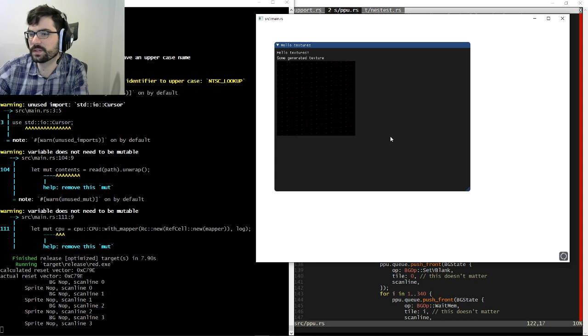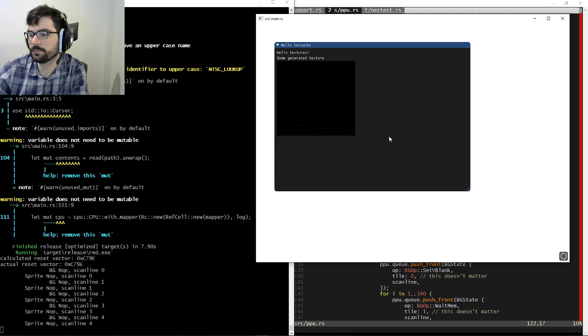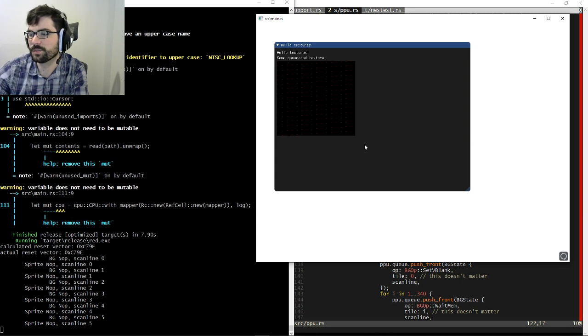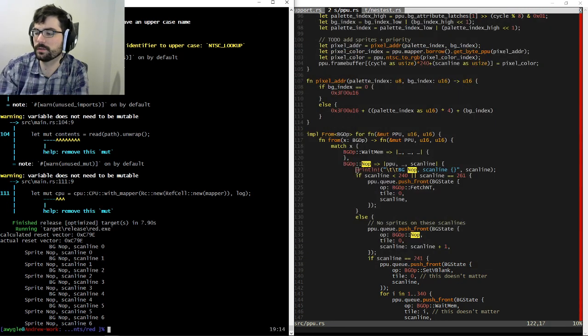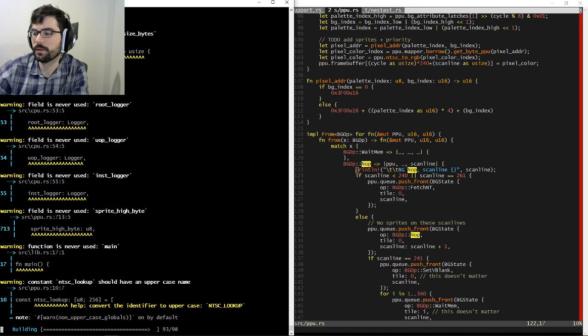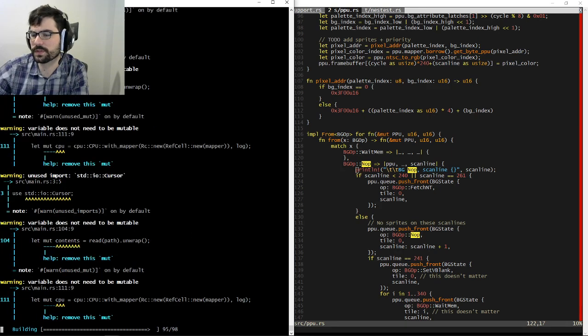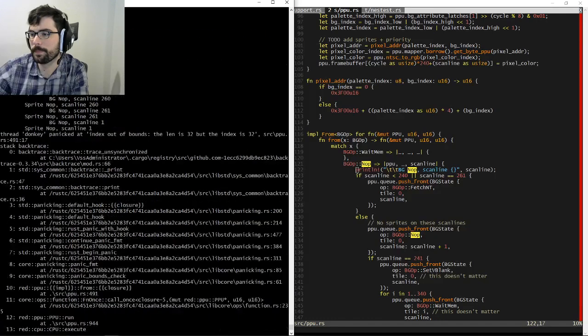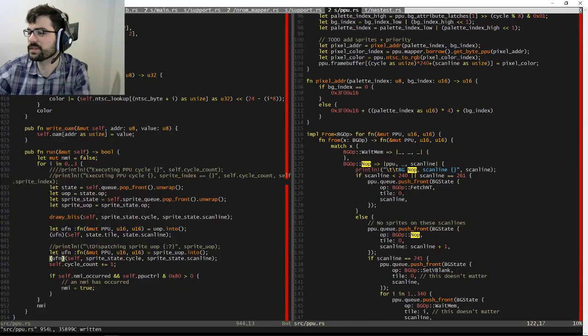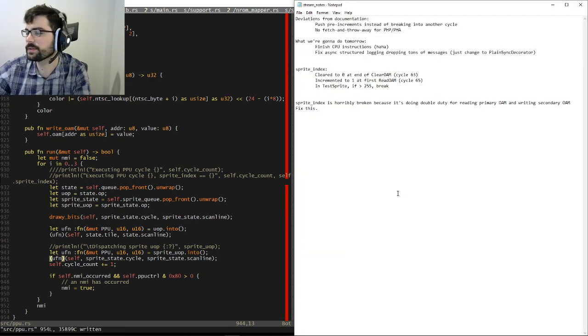Wow, that's extremely slow. Again, I must be doing something extremely stupid when it comes to rendering. That's why it's so slow. Let's run the donkey version. That explains why it wasn't exploding, it just wasn't making it that far. Yep. So I have to figure that out. But first, sprites.